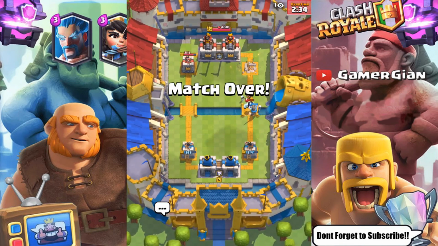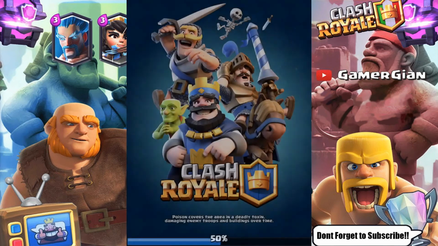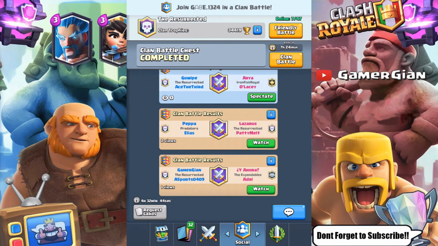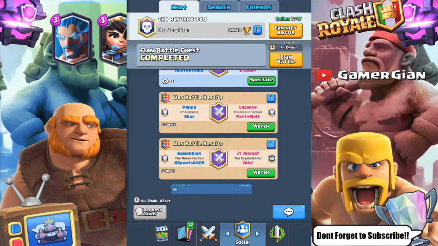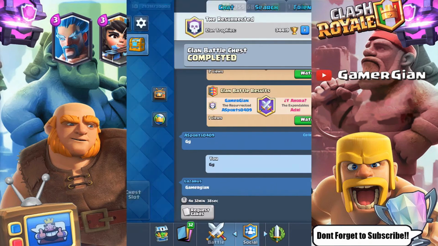So you guys see with the cheap decks, you cycle so much. You just cycle, and you were able to get the victory. So you guys should try that next time in clan battle, because I know it's ending soon. GG. I know it's ending soon, but next time